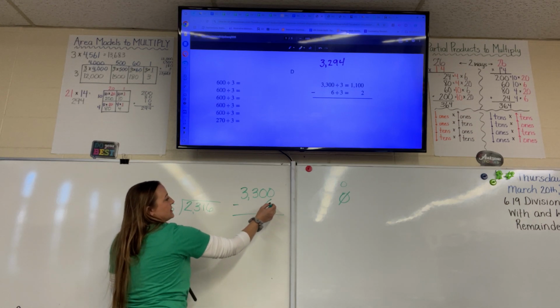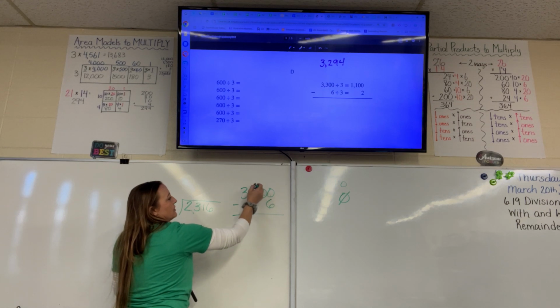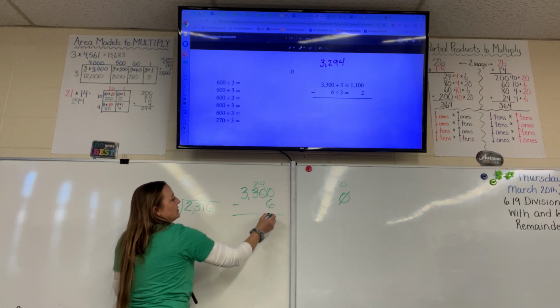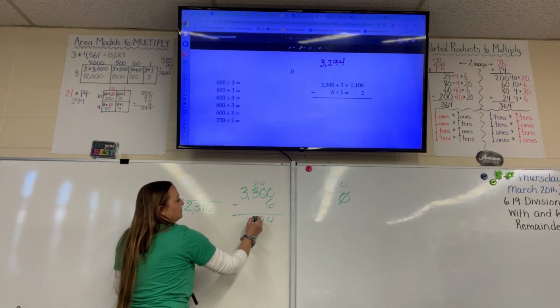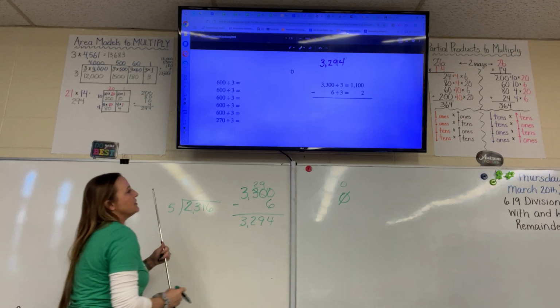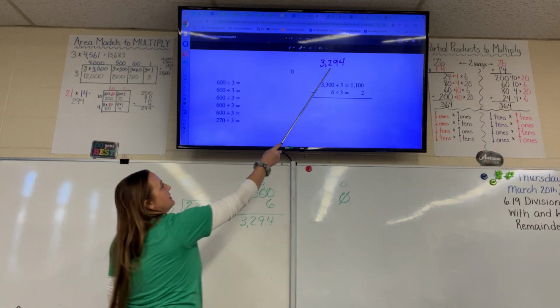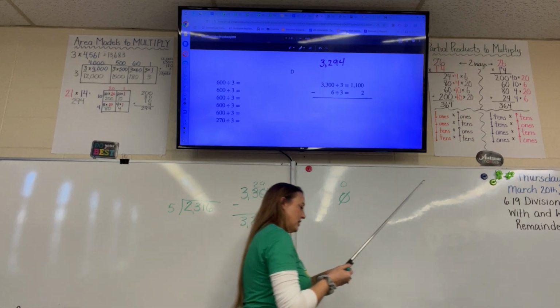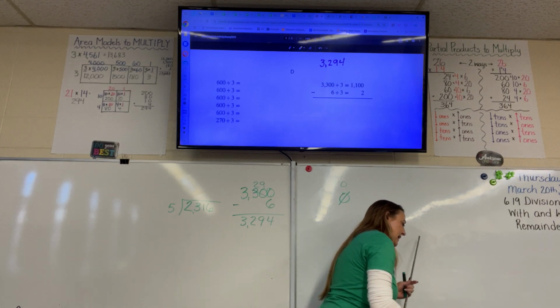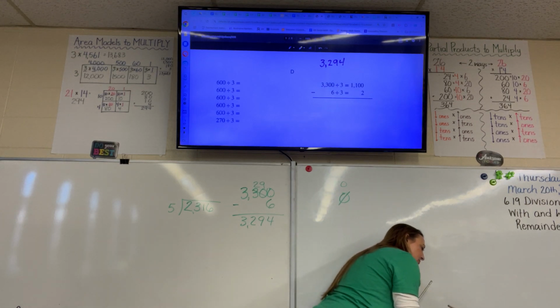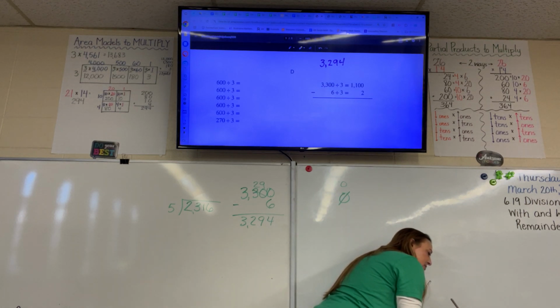So 0 minus 6 can't do it. Borrow from the 30, make it 29. So now 3,300 minus 6 equals the number we needed to start with. Then she's going to divide each of those by 3 and get 1,100 minus 2. So right here we need to put,